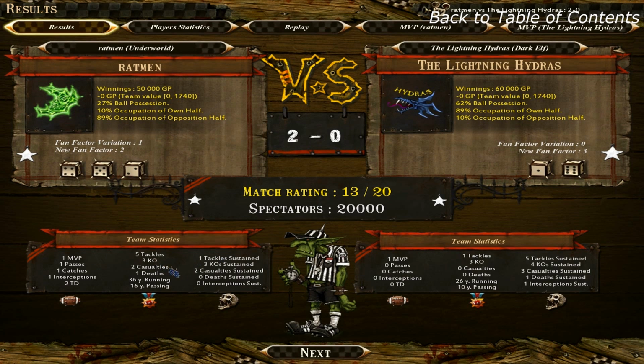And what else do we have here? We have ball possession, obviously how much they control the ball. We have occupation of own half versus opposition half. So I was in the opposing half of the field a lot. Then we can look at the team